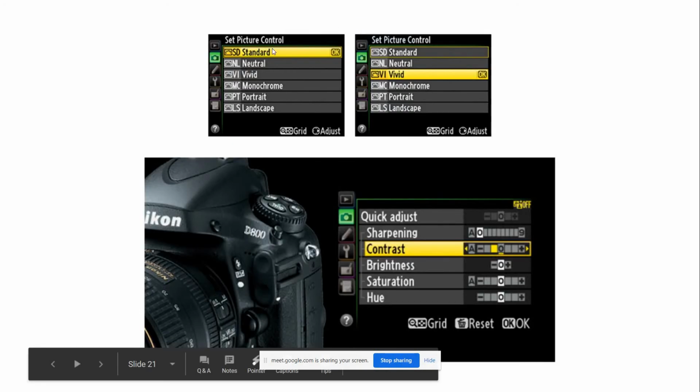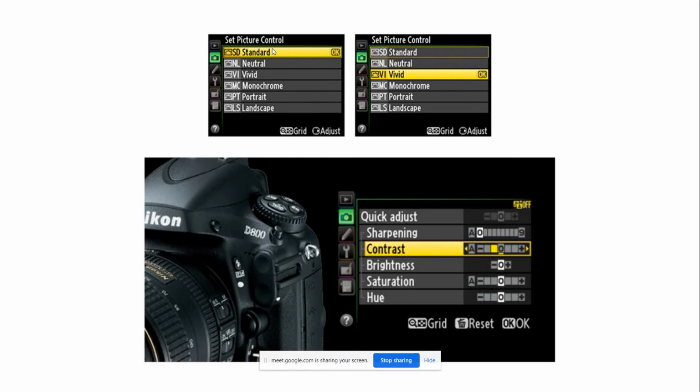Standard is basically a little increase over auto. For example, if you are taking an auto photo, how it will come, like that in manual mode. If picture style is in standard, automatically it will come a little saturated, skin tones a little orange, and skies a little blue, only a little increase.